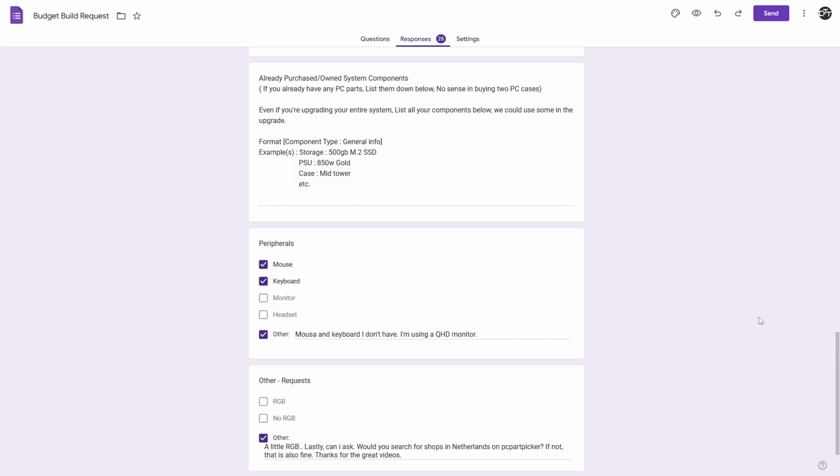For our peripherals, the user has a quad HD monitor and wants us to find them a mouse and keyboard. I mean, mouse and keyboard are pretty much all user dependent, as there's so many different types of keyboards. You got membrane, you got mechanical. We'll probably just pick a decent keyboard and mouse, but something that's more of like a placeholder for the user